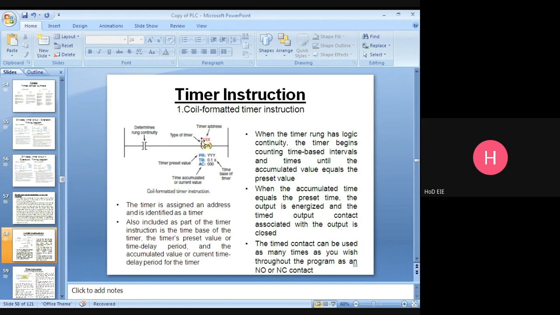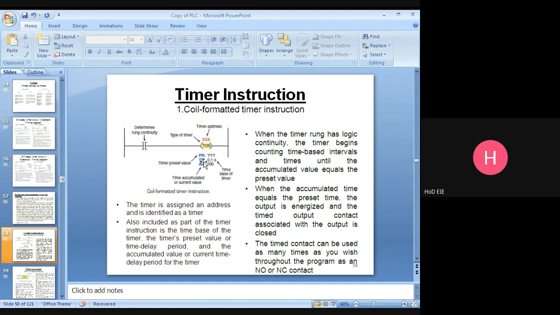Here I am giving the timer address: T4, T5, T3, T7, like that. This one is the type of timer, whether on delay timer or off delay timer. This one is an on delay timer, that's why I am putting T on. Off delay timer means I should give T off.